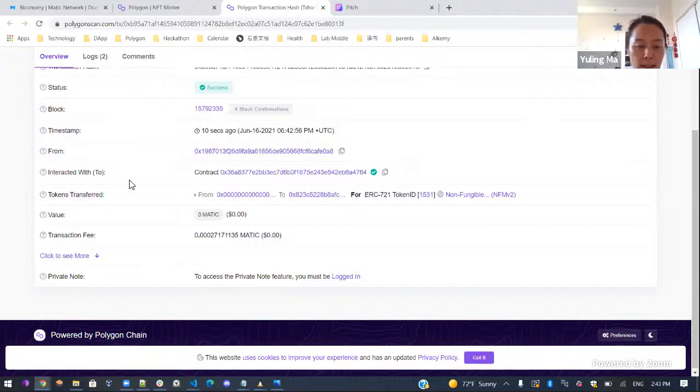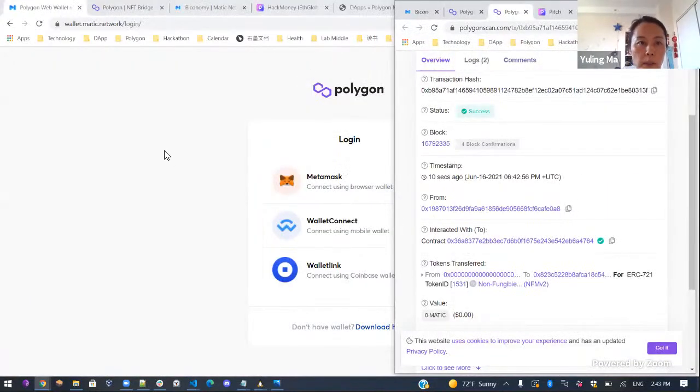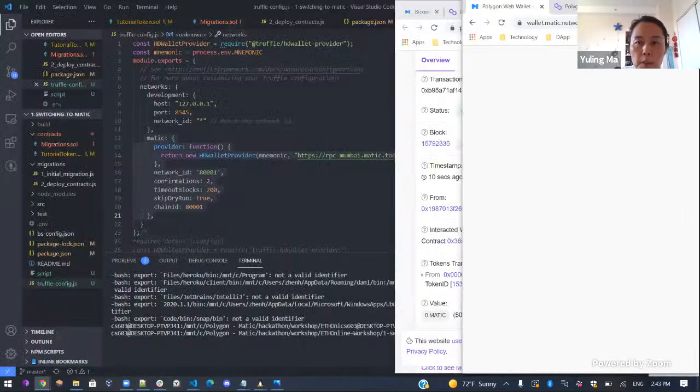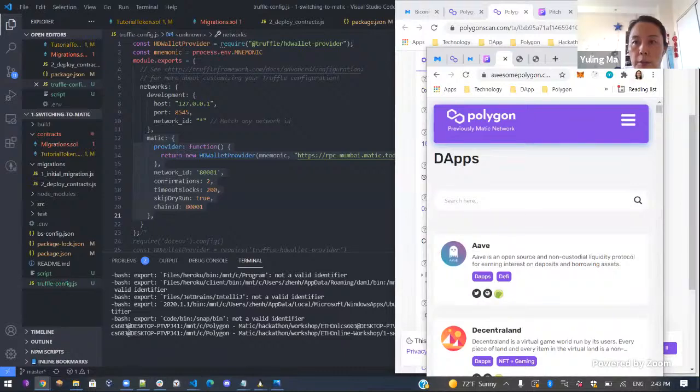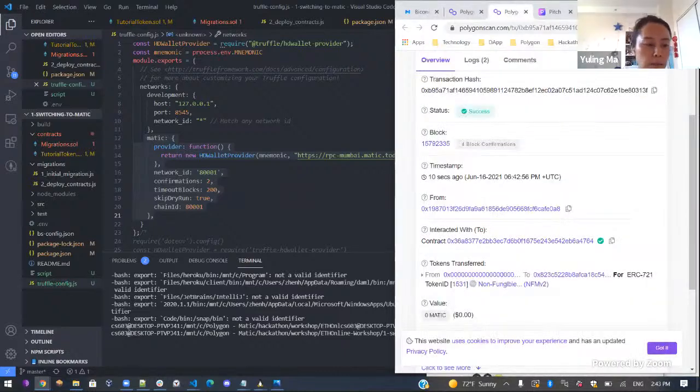But then the last thing is Matic.js. It's a cross-chain asset transfer library that we provide. And so then there are a few simple APIs that the users can just use directly to interact with Polygon. So basically, just from mainnet to Polygon, it's handled, as I said, by the Matic JS SDK through approve ERC